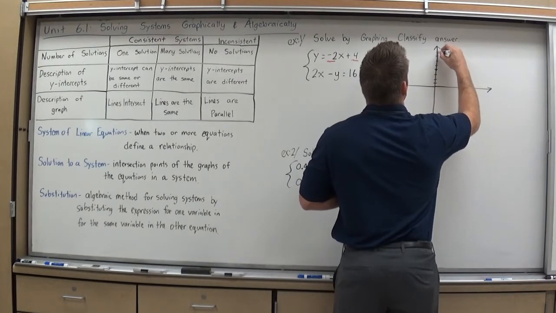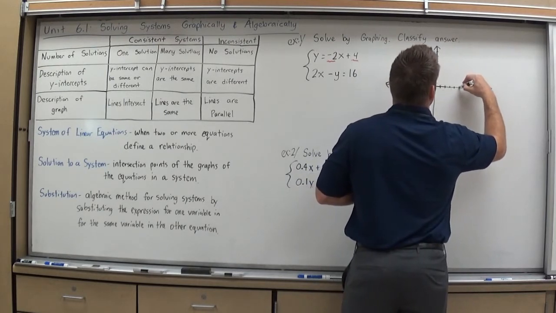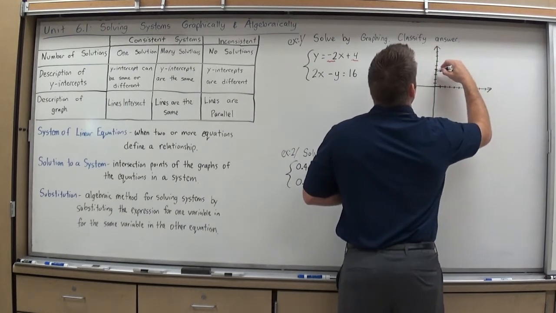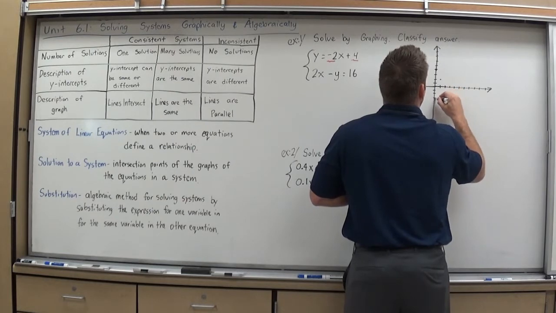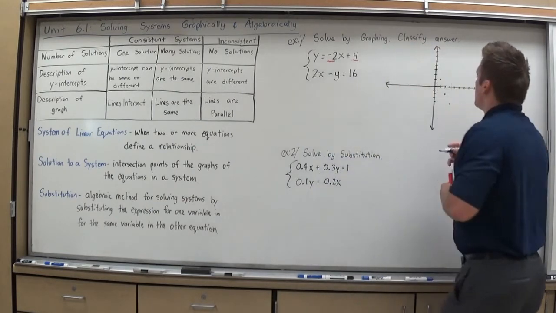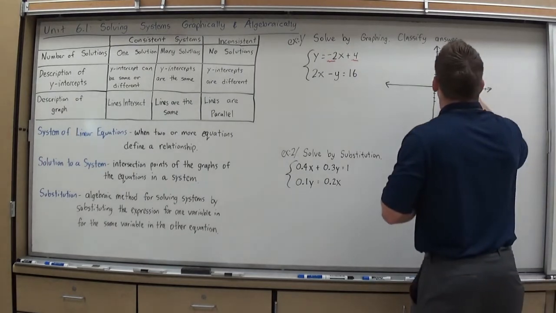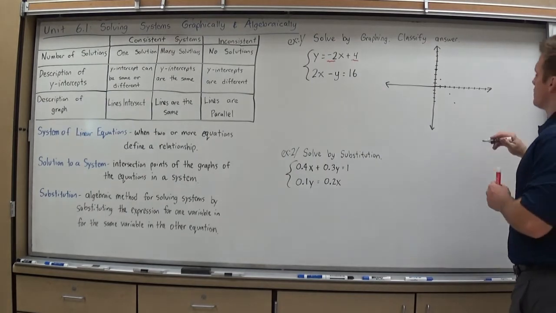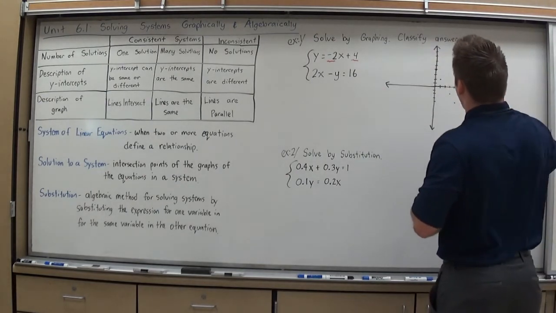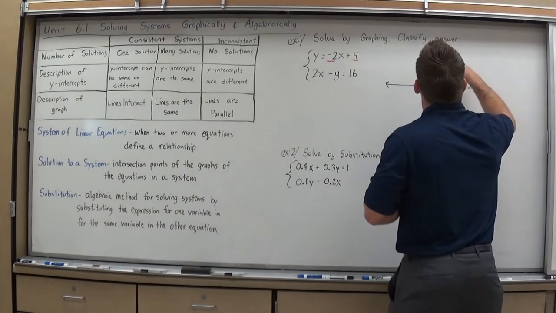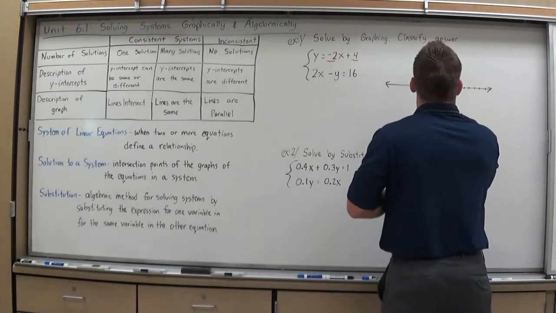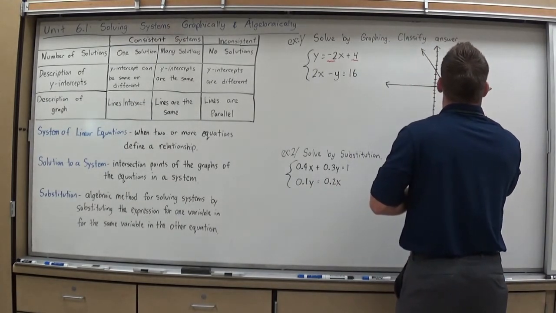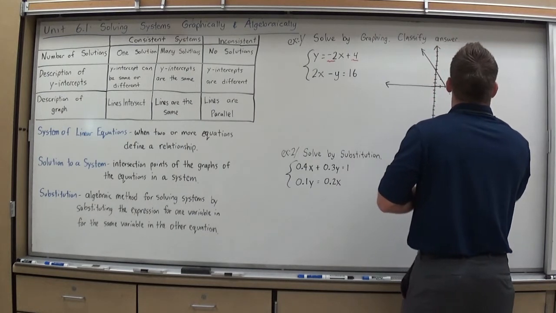by going up 4 and plotting my y-intercept. And then I'm going to go down 2 over 1, down 2 over 1. And you'll notice here, I've already started to get my line. Okay, I'm on a whiteboard, so again, it's a little tougher to keep this looking nice. But I'm not going to just draw my line like you have in previous sections. Even though I have 2 points, I want to try to extend it out and get as many points as possible. Because I'm going to want to find their exact intersection point,